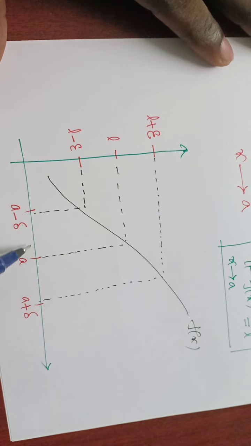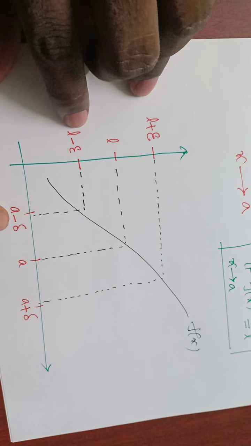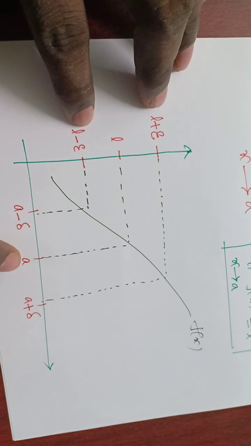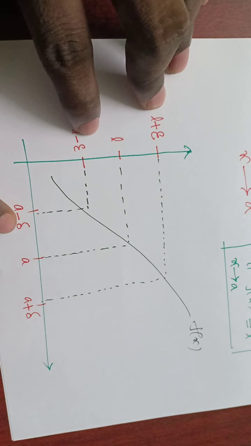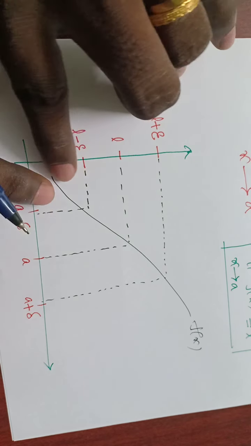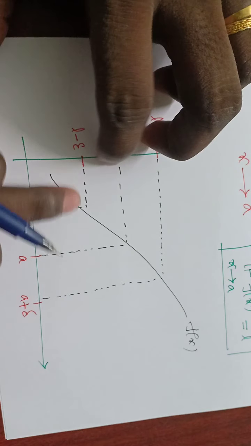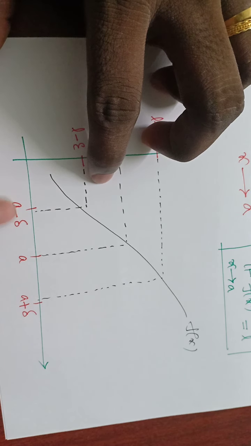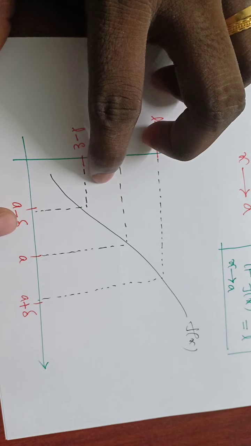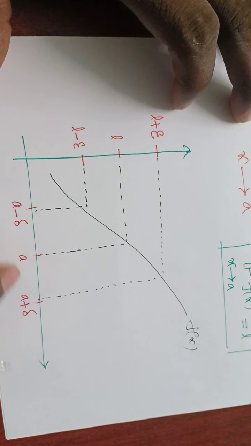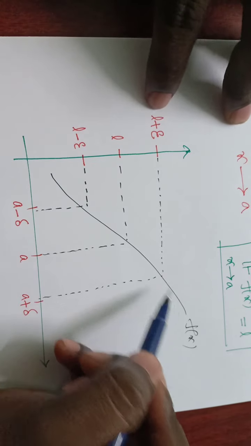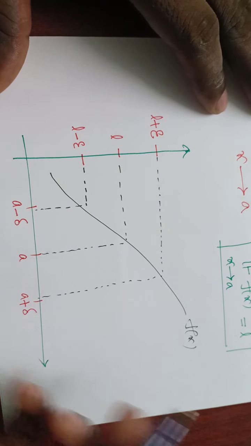As x approaches a from the left side, clearly the function approaches L from the left side, which is L minus epsilon. Here the left side means a minus delta. And a plus delta, when x approaches a from the right side, then clearly the function approaches L plus epsilon. Which means that